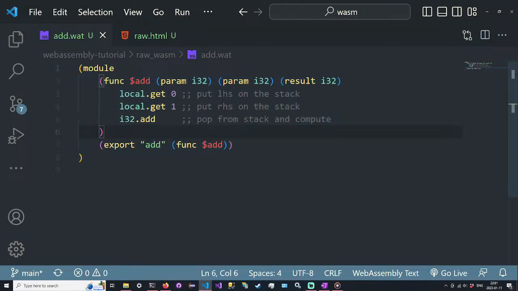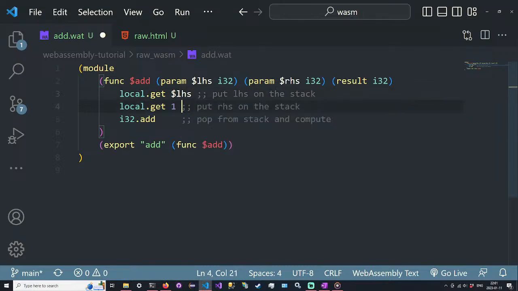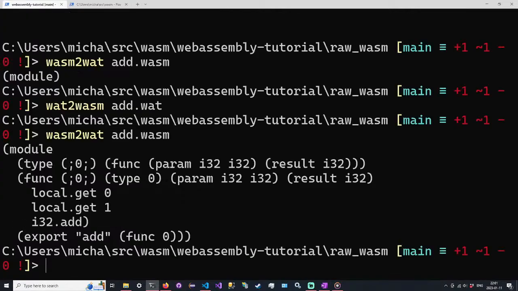So this is the introduction here. Let's do one more thing. With this, let's give our variables names. To make variables a little more recognizable, instead of using indices, we can just give them names and refer to them using those names. Makes it super easy. Like so. And if I compile again,